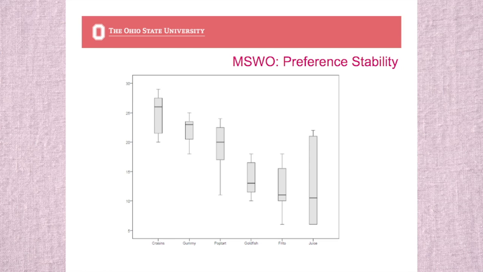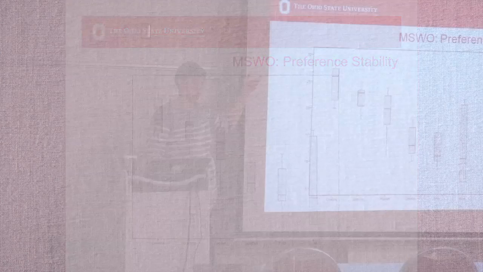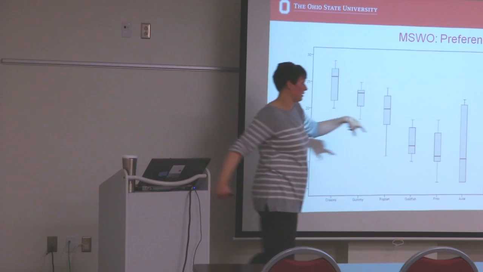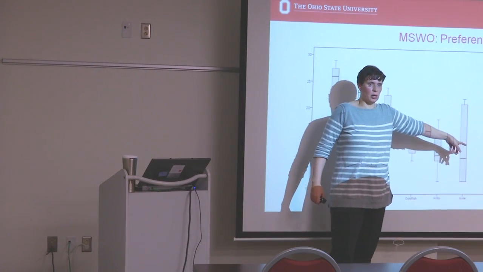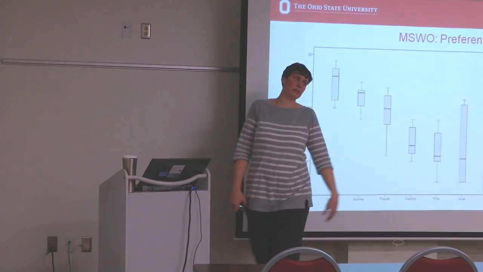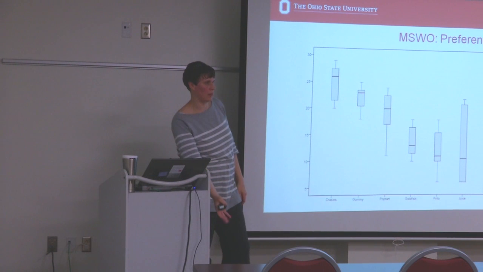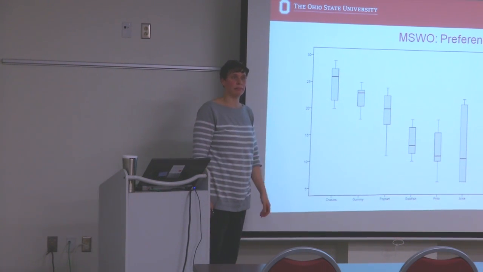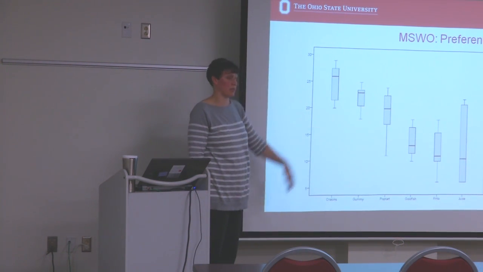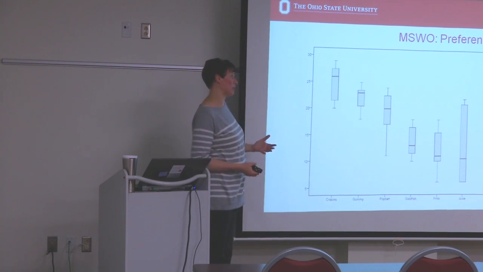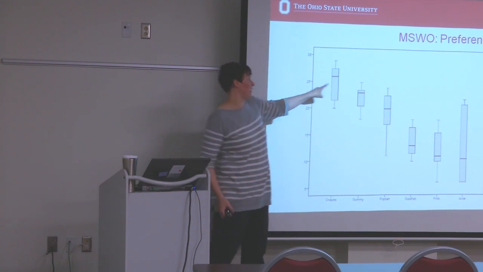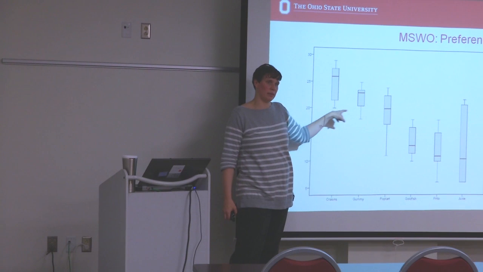But the high preference things, there was not a big shift, right? So it stayed at the top 1 to 2. Where the shift happened was here at the low preference items. Sometimes they were number 3, sometimes they were number 5, sometimes they were 4. That's where the shift was. And so what we took away from this is, okay, if we can identify the top 2 items, I can